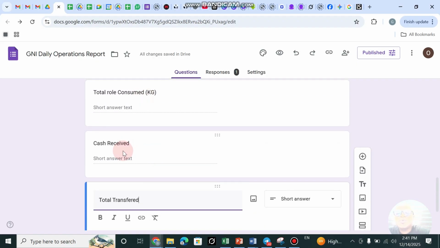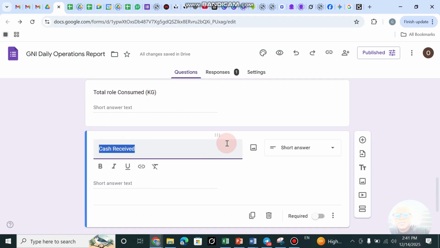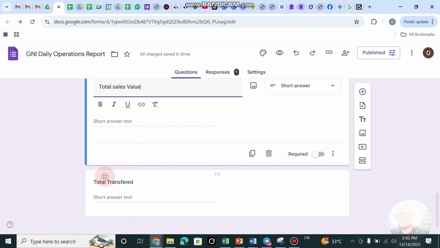Or you can call this one total sales, total sales value, depending on what you want to see. Okay, so total sales value could be 20,000 naira, and